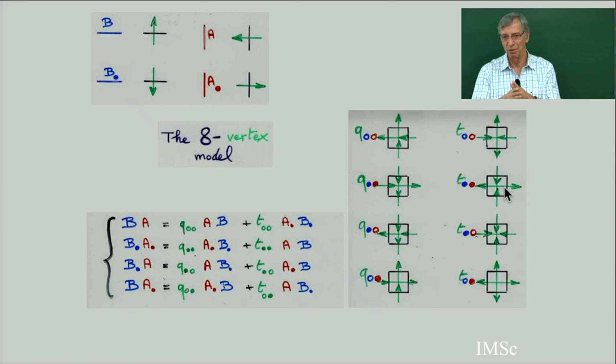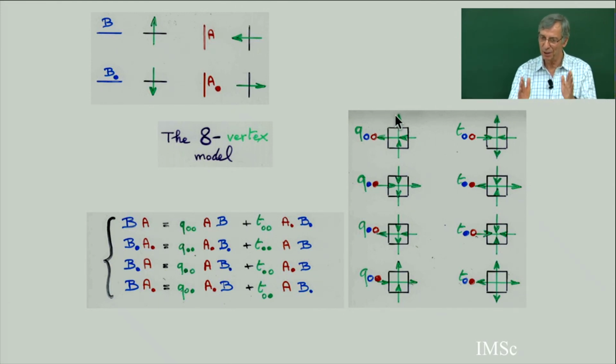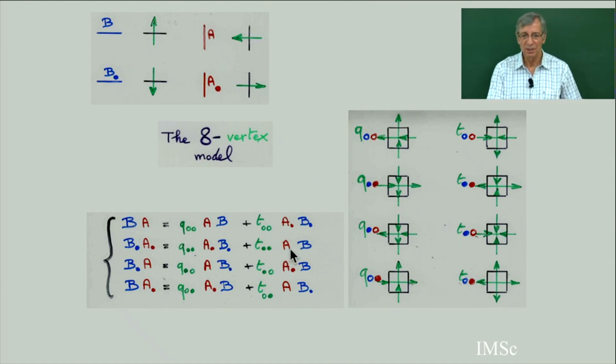The total number of models is 16. If you put an edge, for any edge, there are 2 possibilities: going up or down. So the total number of configurations is 16, but in the 8 vertex model, you restrict only to an even number of edges going in and an even number of edges going out. And so this system of equations with the 8 parameters corresponds to the 8 possible local configurations. And then I can look at what is the Q tableau, the geometric interpretation of the Q tableau.